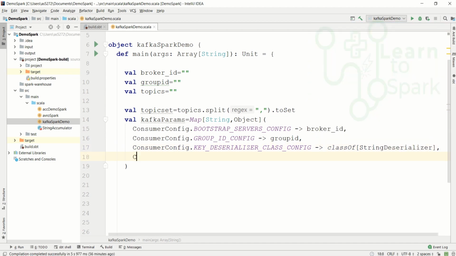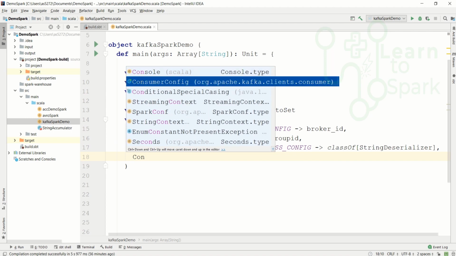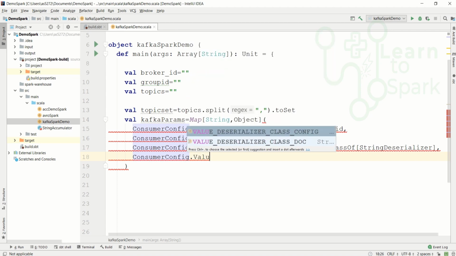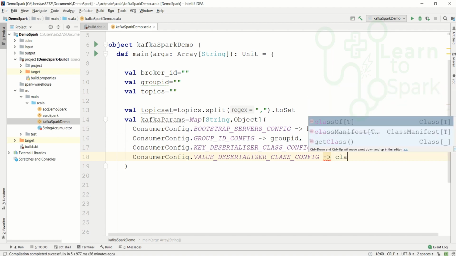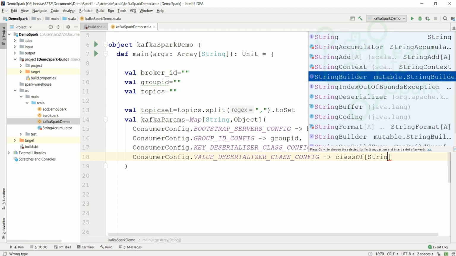The next config will be ConsumerConfig dot. First we gave the key, now we will be giving the value deserializer, and for this again it will be classOf StringDeserializer.